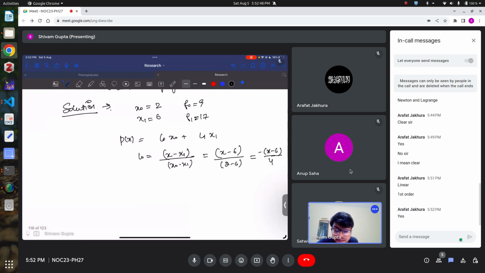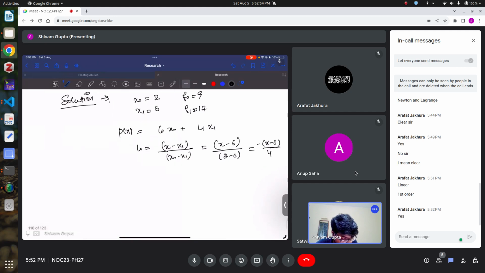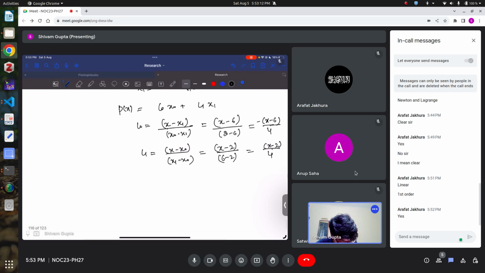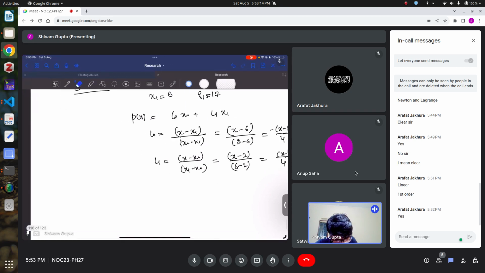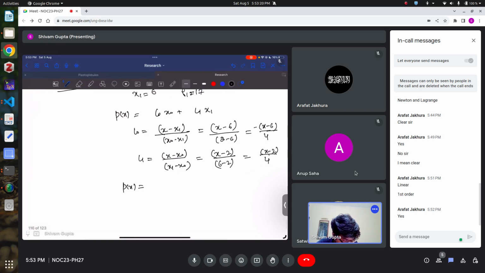Is this correct? Anyone? Okay. And what should be the L1 here? It's x minus x naught, x1 minus x naught, x minus 2, 6 minus 2, x minus 2 by 4. So our polynomial becomes x minus 6 by 4 times